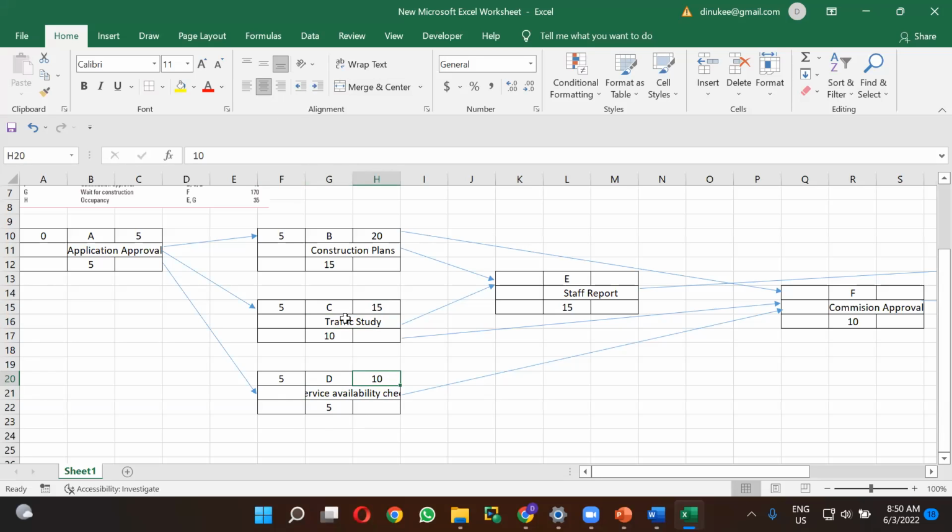So first you have to see how many arrows are coming for each node. So for the B activity, there is only one arrow coming. Therefore, you can directly take the early finish time of the previous activity as the early start time of this